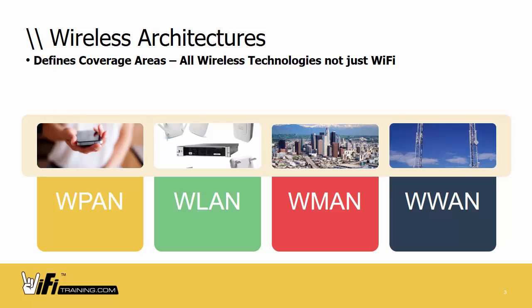There are several architectures we need to understand whenever it comes to wireless. Now, again, whenever we're talking about wireless architectures, now that we've made that distinction between Wi-Fi and wireless, we're talking about a number of architectures. Could be any technology, necessarily, if we say wireless. Okay, but there are several architectures, and these really refer to the geography of coverage for that wireless technology.